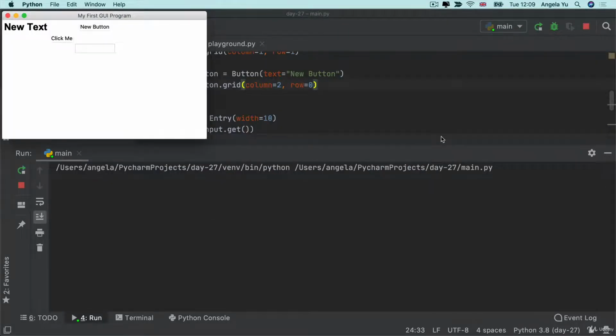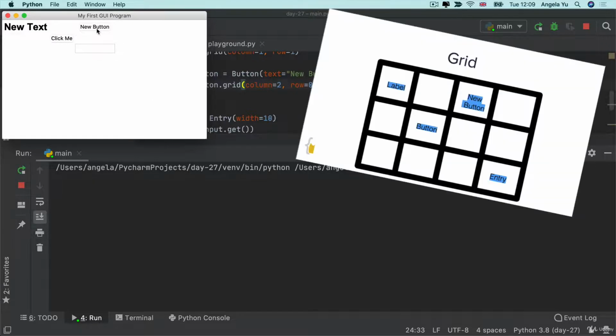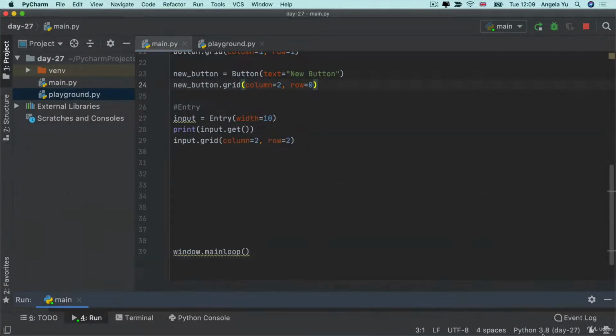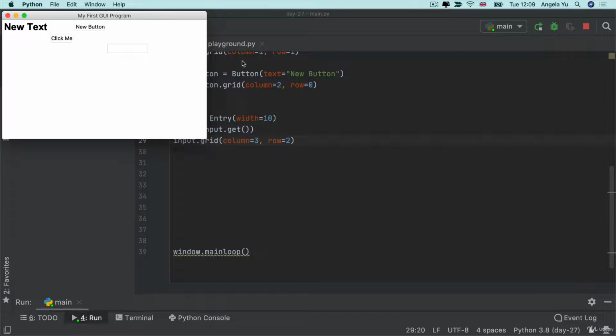Now, when I run this code though, you'll notice something a little bit odd. Why is the entry below the button? Because in our example, the entry is actually over on the right of this new button in a new column. By putting this new button in between the old button and the entry, we've actually changed the positioning of that entry on the grid. So we've actually had to move it along into the next column. So to do that, we have to change the grid of our entry. Instead of having column 2, to make it column 3, just so that it's on the right of this new button. And now when I run it, this has the exact layout that we wanted,